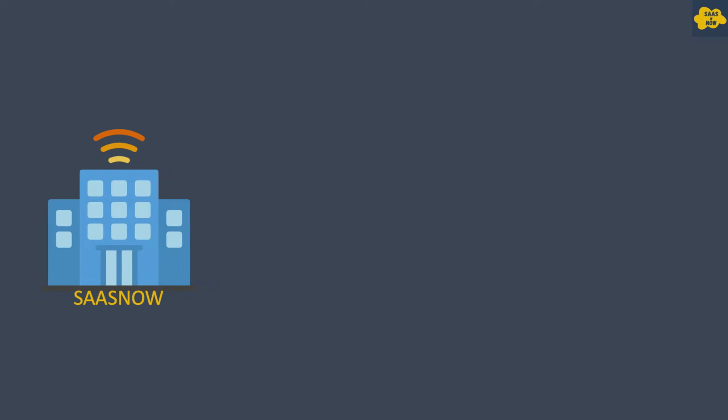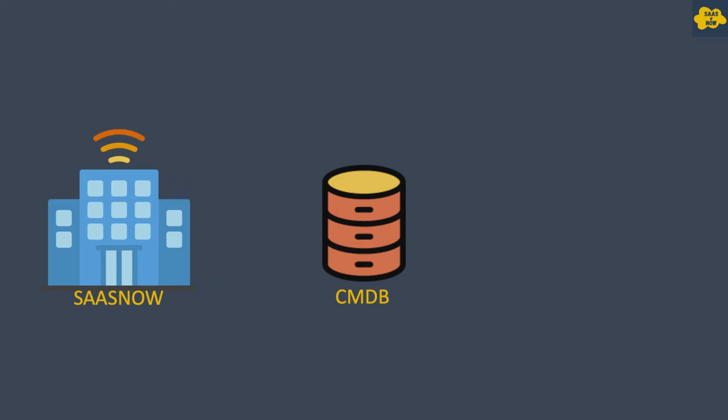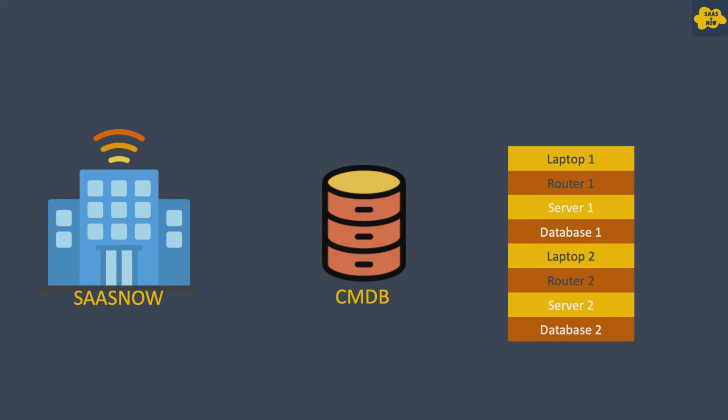Let's understand with an example. There is a company, SAASWITHSERVICENOW, which has CMDB in ServiceNow. And it also has a list of devices like different laptops, routers, servers. Now, if you want to store details of these devices, then there are some ways which can be used to